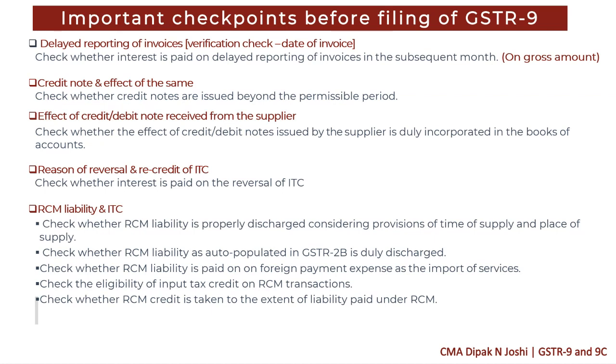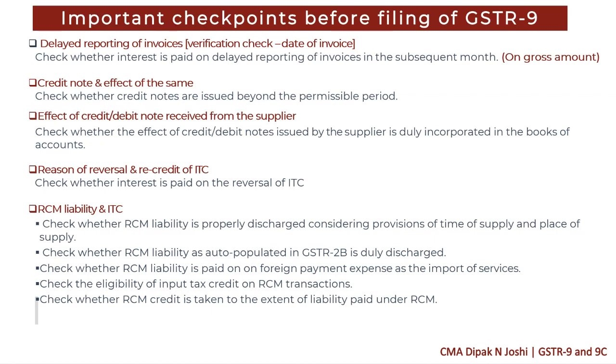Now, there are two types of RCM liability. The first RCM liability is in respect of supplies made by the registered person. In that case, RCM liability will be auto-populated in GSTR 2B. So one should ensure that RCM liability, which is deposited through form GSTR 3B, is more than the auto-populated liability